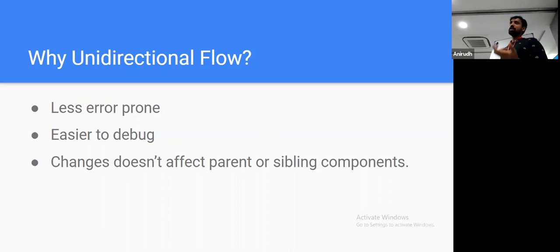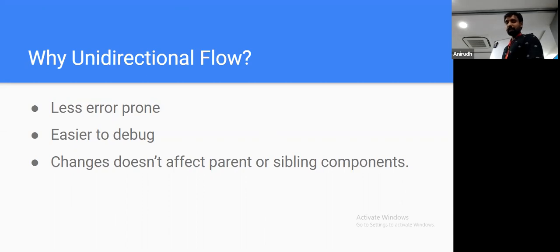Any changes that you make at the child level don't propagate to the parent level. So if you face any problem at a particular component level, only that particular component and the sibling and the child components you need to check. So basically, it doesn't affect the parent and sibling components. So that has an advantage there. So these are the two basic reasons that wherever you would go, you would find: that React is beneficial because it has unidirectional flow and it has this virtual DOM and all that.